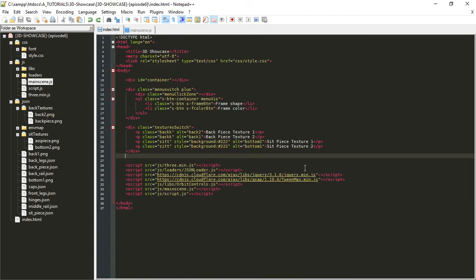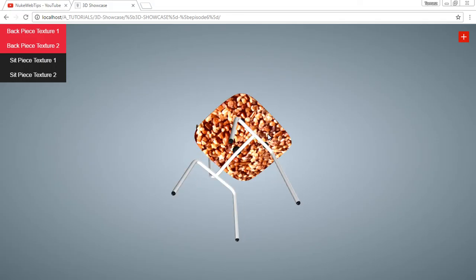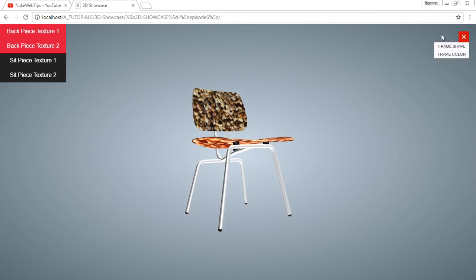Right now I've created only two buttons for each texture, for each piece of our 3D model. And really, guys, if you would like to know how to create this menu,